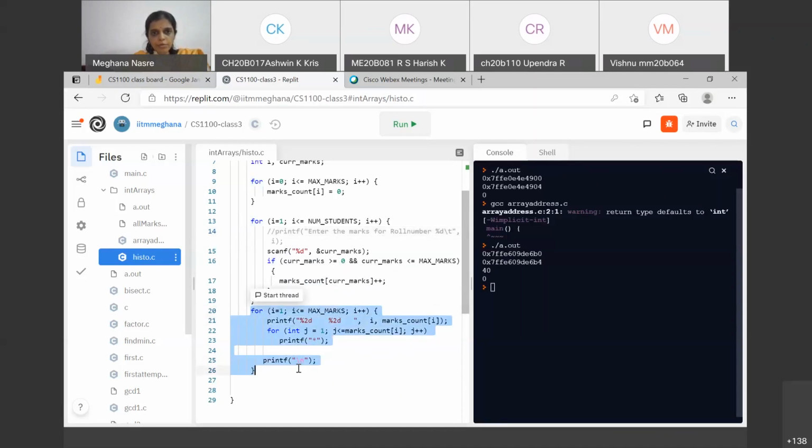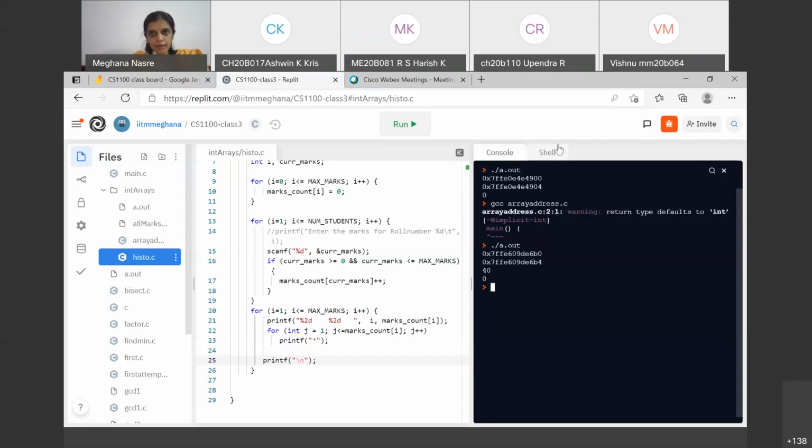And finally, this is something for outputting. That is, I'm going to print out the frequency, but instead of printing it out as just a mere number, I'm also going to print it out as stars so that you can actually see a histogram. It will be slightly inverted, but nevertheless, you will see the histogram. If you see, I have used width parameters like 2D here and so on to make the output look nicer.